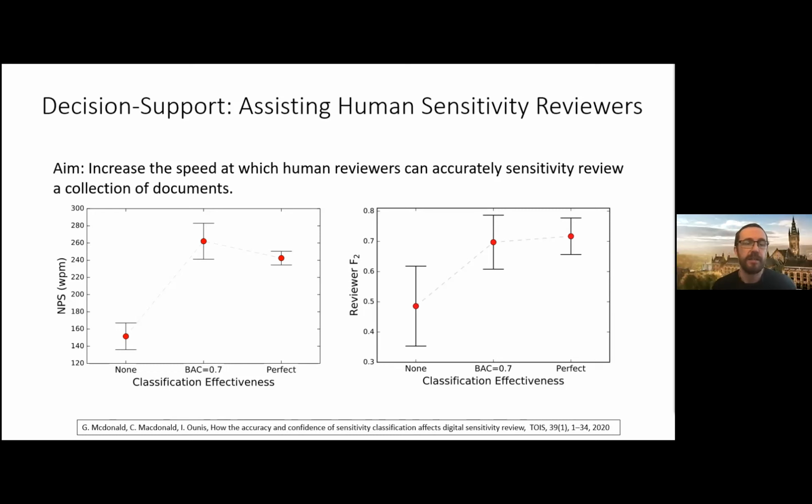And basically, the right-hand plot is saying that when we actually looked at their results and compared them to a known ground truth, where different reviewers had also reviewed these documents, the level of agreement, or the accuracy between the reviewer and the ground truth, was actually increased also. So it shows that providing reviewers with automatic sensitivity classifier predictions can really help them perform their sensitivity reviewing task, which is good because it means we'll be able to release documents to the public and maintain the sort of